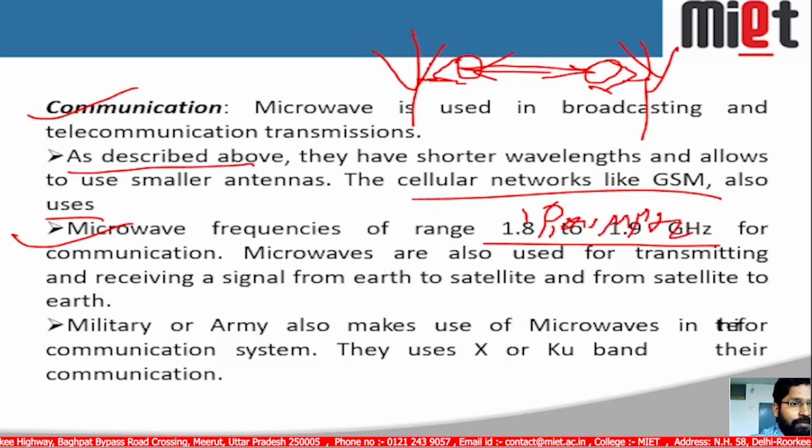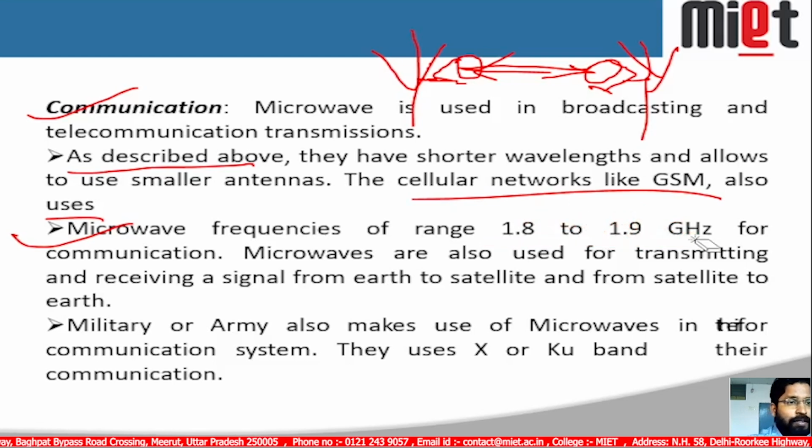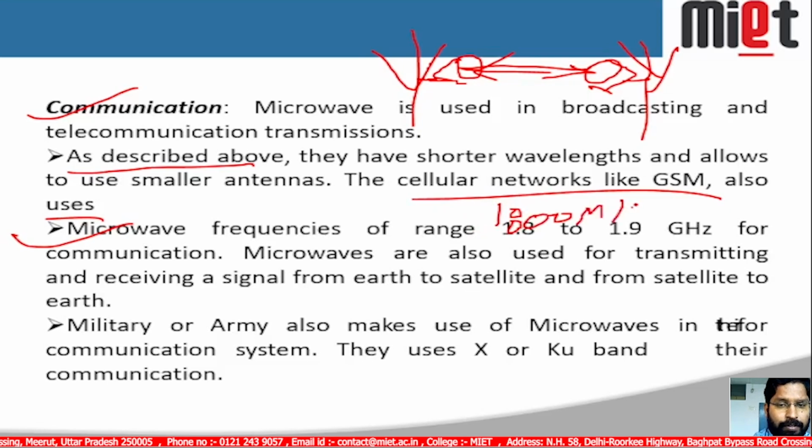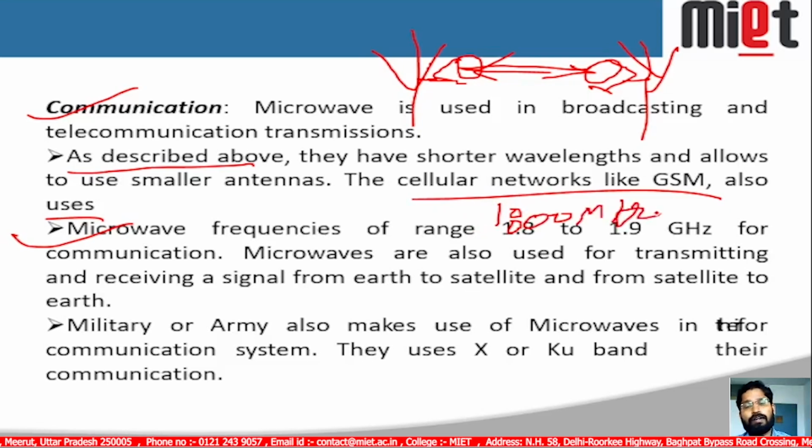For which application? 1800 megahertz is used for 2G application. 1.8 gigahertz means 1800 megahertz, both are the same. And 1900 megahertz we also use for 4G application, and we also use